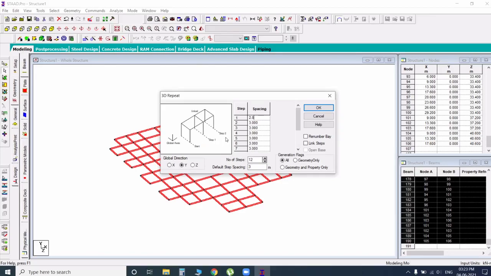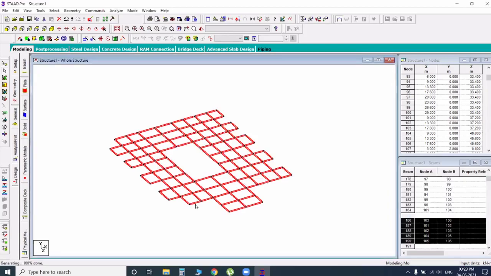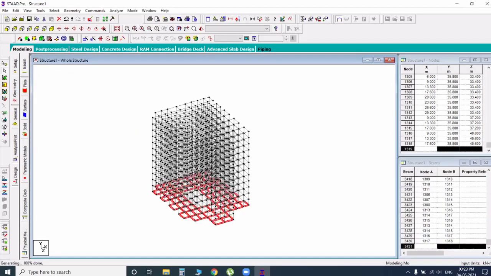And in real time, they do the cellars also. They consider 3 number is base, 2 number is cellar, 1 cellar, and 1 number is foundation depth. Like that they can do the analysis part. But in this software, we can't go with the cellars. Everything is only a single structure. But when you go to the construction site, they consider like that. Link steps, okay. Of a very big structure.